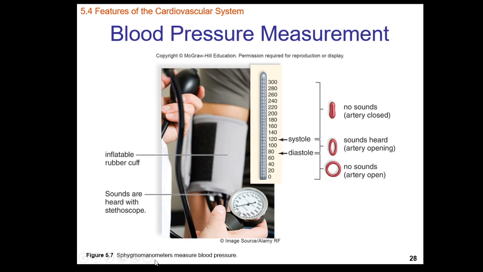So how do we measure it? We use a sphygmomanometer, a blood pressure cuff. So it's wrapped around, like I said, typically the arm. It pumps up so that there's pressure in the cuff itself, which squeezes off the artery in the arm. As you relax it, once you've relaxed enough and the pressure in the cuff itself is enough to allow the blood to flow through and those match, then you'll start to hear a sound,